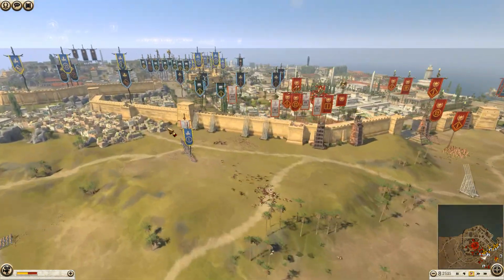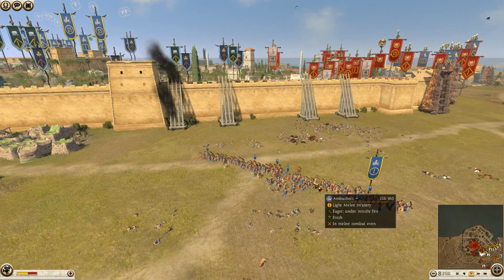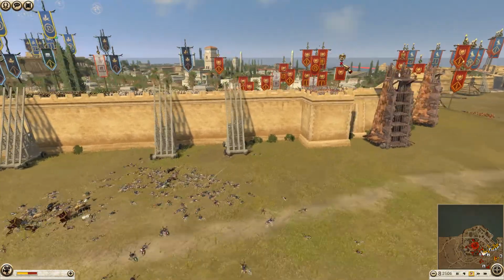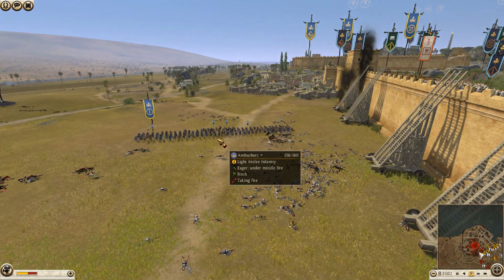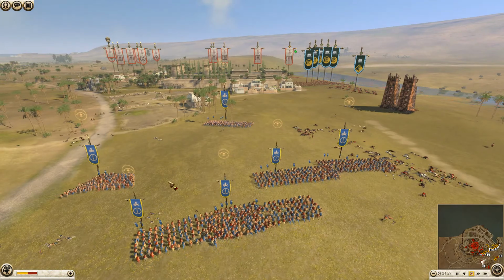Ambushers have now made their way around. They are polishing off that last little bit of the Libyan infantry unit that was here. Some good archer fire coming from the auxiliary Syrian archers from Rome down onto this one ambusher unit, though. So pretty good. This unit is taking a couple of losses, down to 156. Here are the other